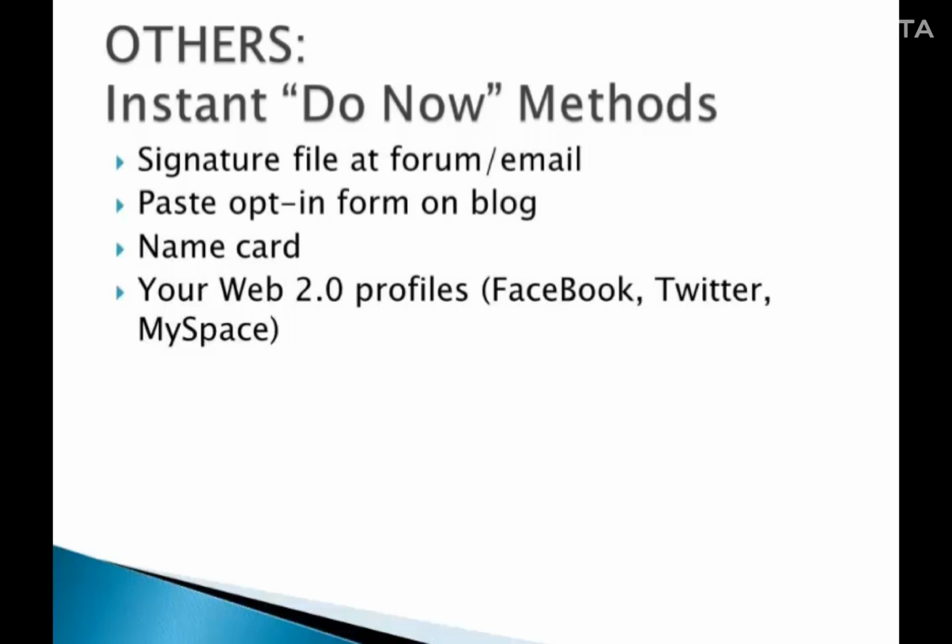If you're an offline person instead and use name cards like me, you can also place your website URL in your name card. Don't forget your Web 2.0 profiles like Facebook, Twitter, and MySpace, where you can insert your website URL and talk a little bit about your business. These are instant do-it-now methods, and you can start getting a little trickle of traffic from utilizing these methods, but most importantly, you can start getting a torrent of them with methods like pay-per-click, Web 2.0 tactics like Twitter and Facebook, giveaway events, reports and article marketing where you can count on a big torrent of traffic.